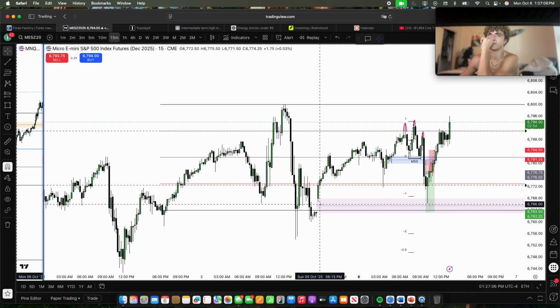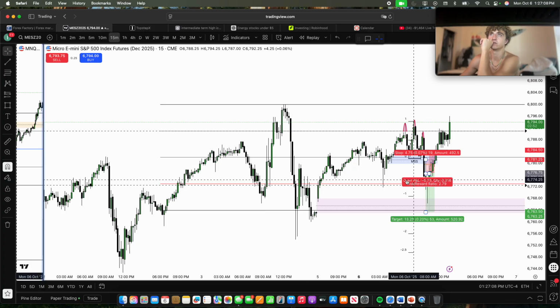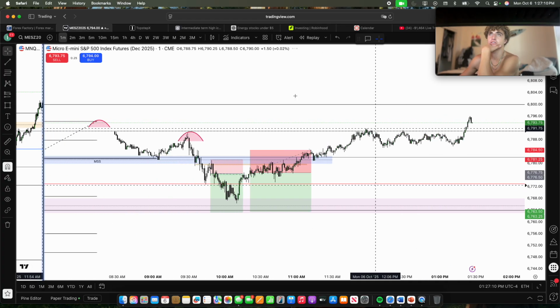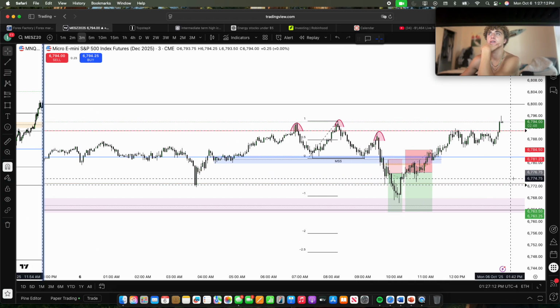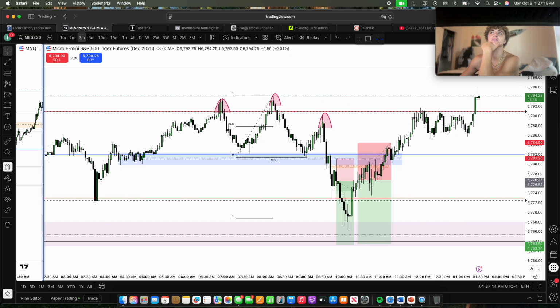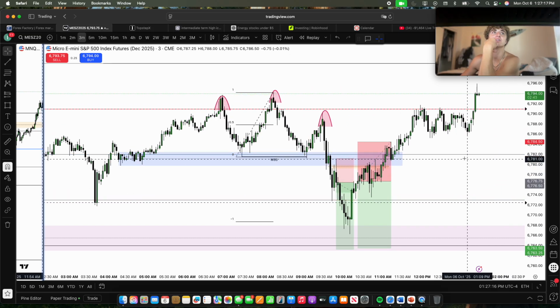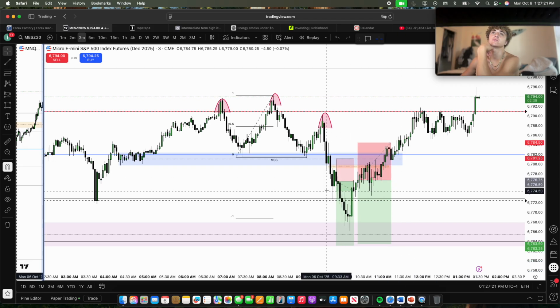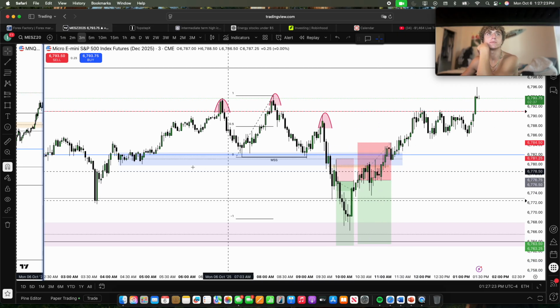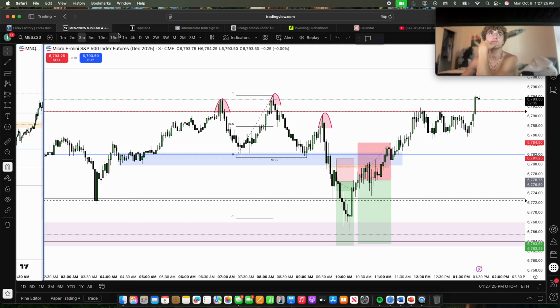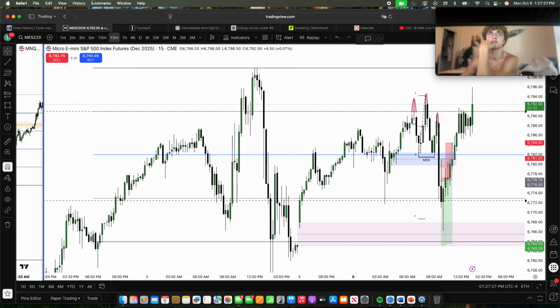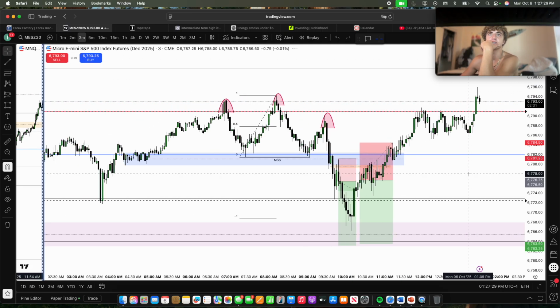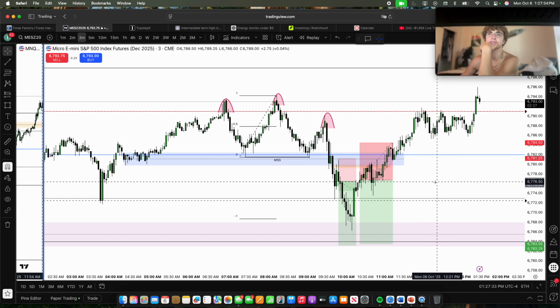Also, we have liquidity in an order block, so as a result of missing my first trade, I was liquidity for the second one. And until I fix that, until I'm like, okay, I'm not taking these dumb trades, I'm just going to execute when I see what I need to see, I'm going to be going through the same thing over and over. So, yeah, that's pretty much it. Could have been a really nice day. Coulda, shoulda, woulda. You know what I'm saying?